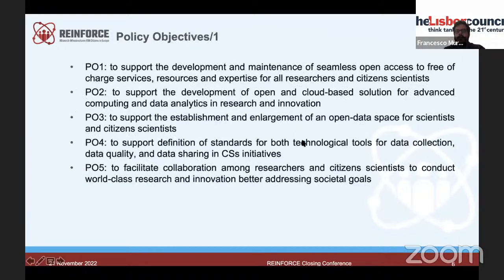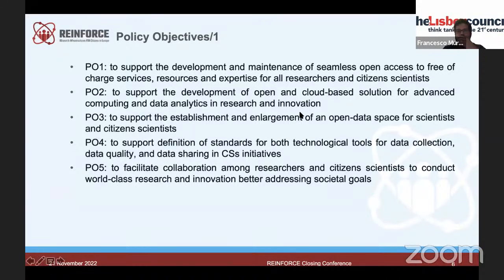So for what concerns the policy objectives, we have a set of 14 policy objectives. I can give now just some examples, which will obviously be free to be consulted in the roadmap.